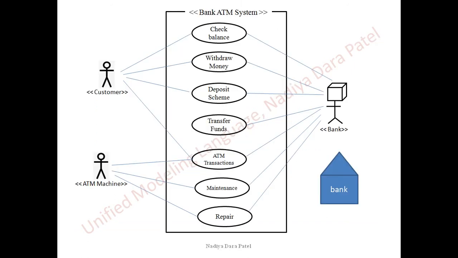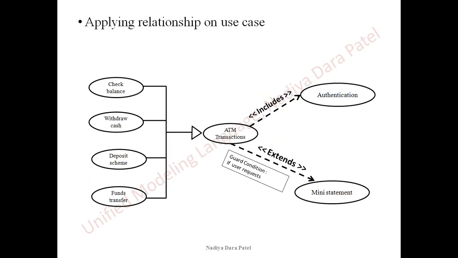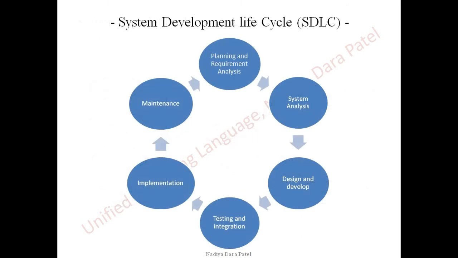So we have already gone through one example where we have taken bank ATM system as use case diagram. We studied relationship, we went through association, we went through generalization, and we went through extends and includes as well. So now we are going to apply steps of drawing use case diagram and construct one use case. I am going to keep it very simple for you. This is something which comes with practice, but I have designed some steps which are easy to apply and you can get your results.